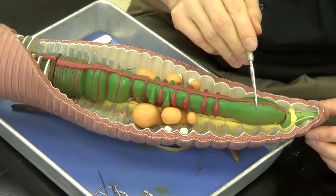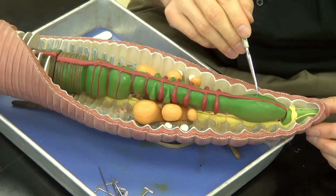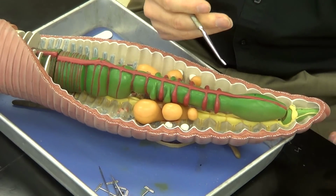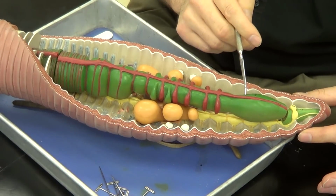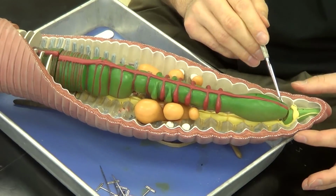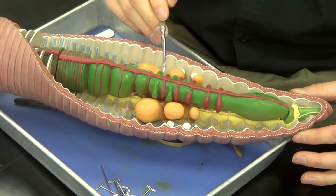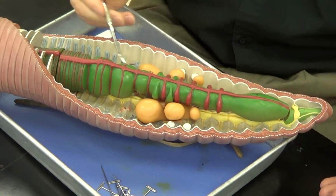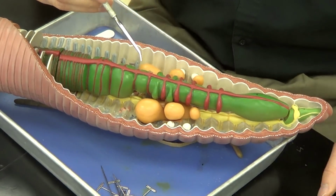From there we're going to go into our first dilated structure here called the pharynx. The pharynx is an organ that actually pulls food into the earthworm. That's its job, to actually vacuum or pull food, soil, into the earthworm. From there the soil passes through this long green tube. In real life it's not green, but this long green tube that I'm pointing to anyhow, until it gets to